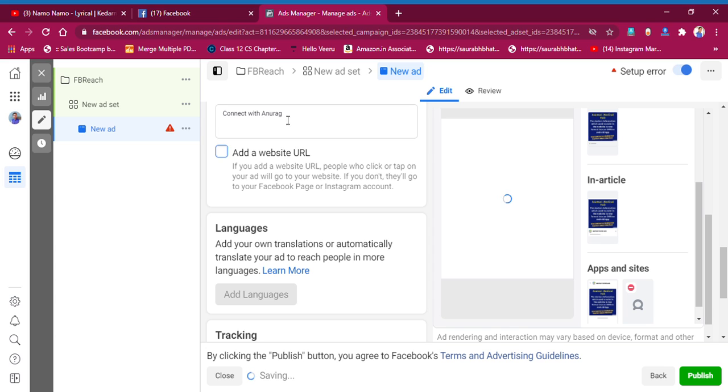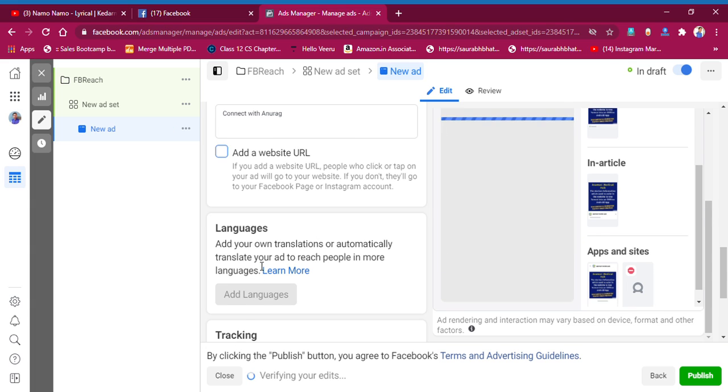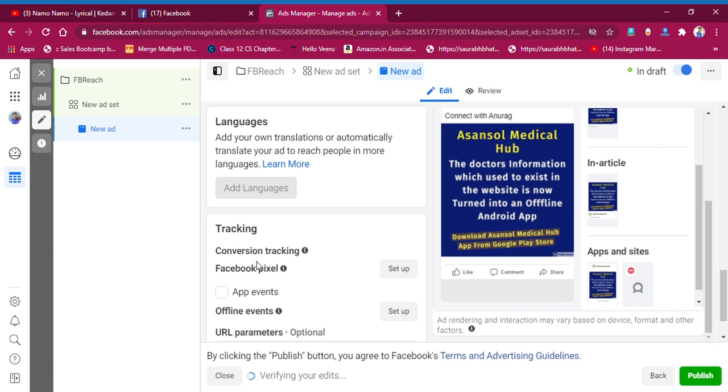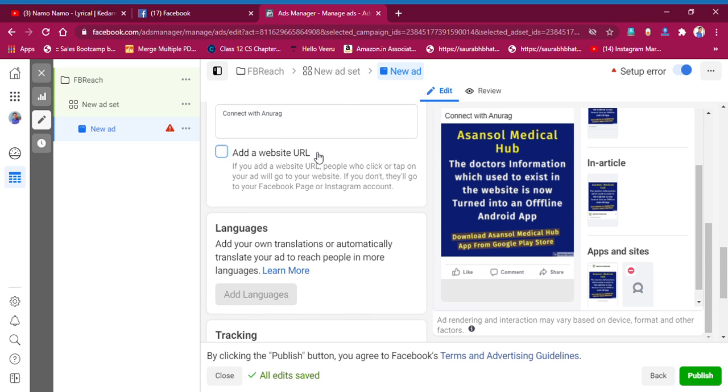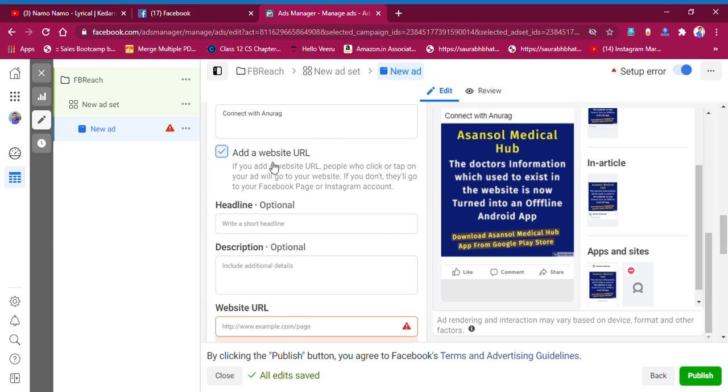Then connected with Anurag will be shown, where there was connected with ABC. You can add a website URL from here, and you can even add other functionalities as the site loads. See, there it is, connected with Anurag right now. Now here you can add a particular website if you have. I click over here, add a website URL. By selecting this, you can add a website. Still its option is coming. It's really hanging so much today.